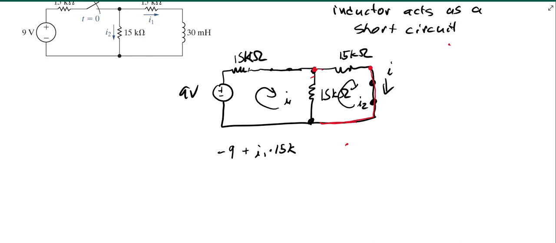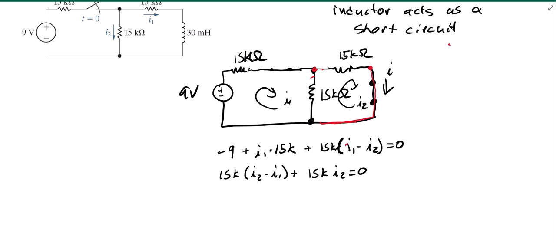And then that middle branch is plus 15 kiloohms times (I1 minus I2), and that equals 0. And the second mesh, coming up through that middle branch, that's 15 kiloohms times (I2 minus I1), plus, going through that top resistor, 15k I2,